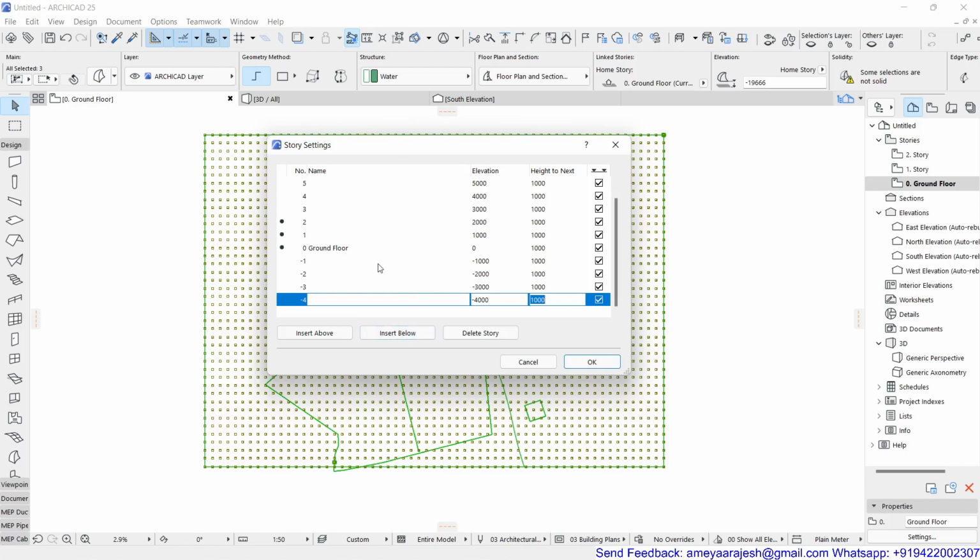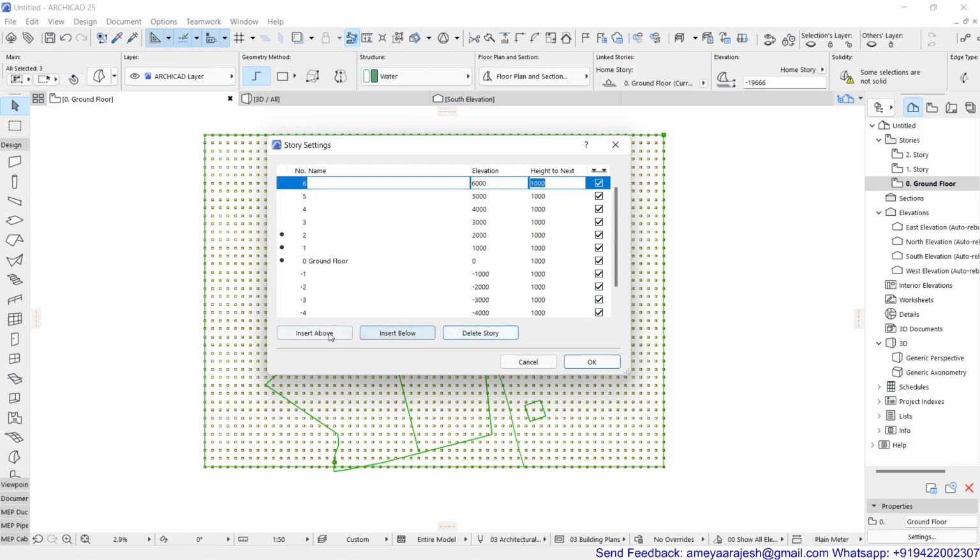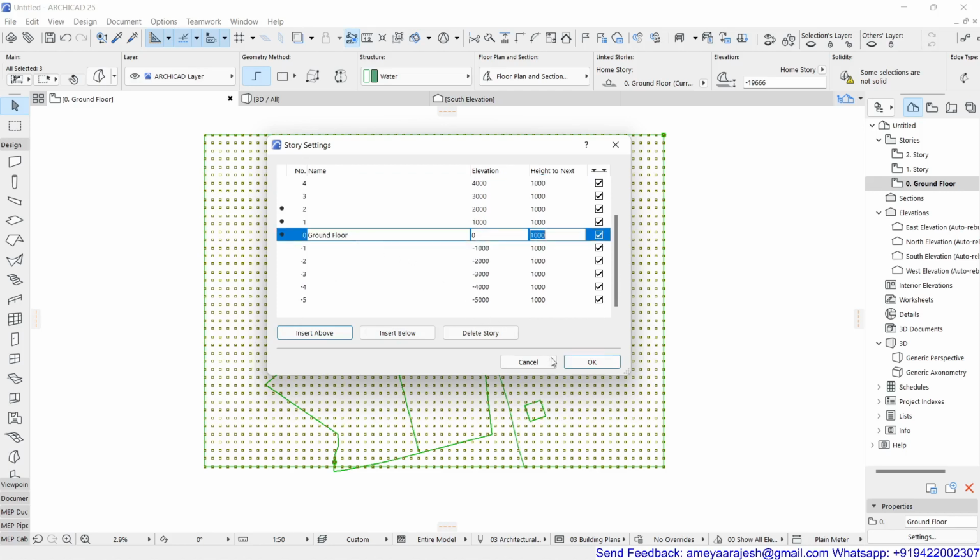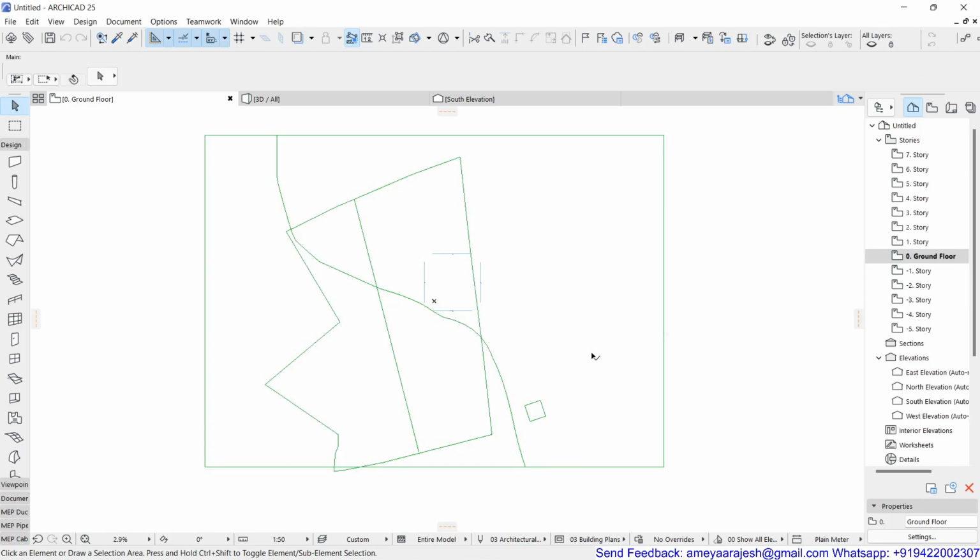So absolutely fine. So maybe if I'm having some stories below R5 and above also, that is from the current story I'm talking about the ground floor and above this something like 6 stories, or I can add one more. So okay, I have added something. I'll just remove this. I'll add something at the above option. Correct. So 7, and these are the 5, and this is 0. So let's proceed, and you will just try to go and check out how it works now.